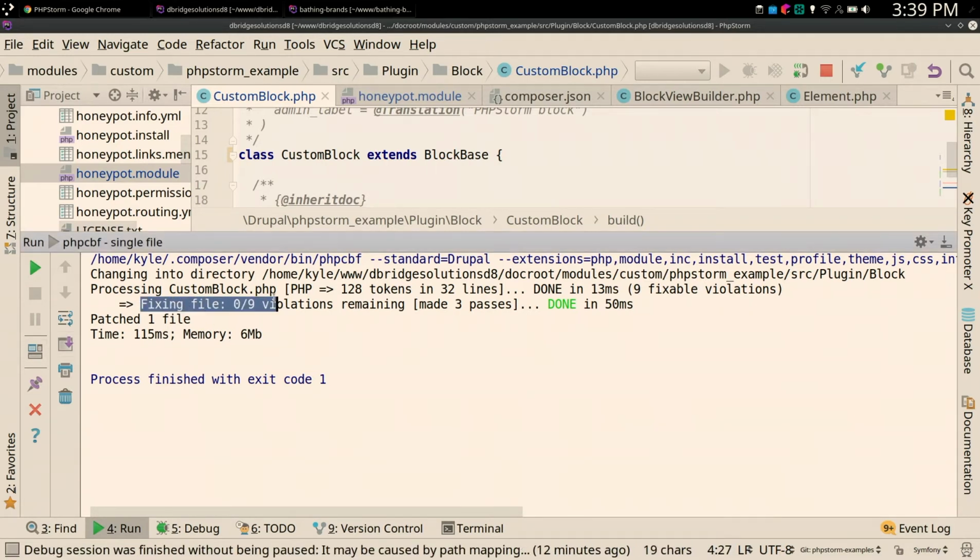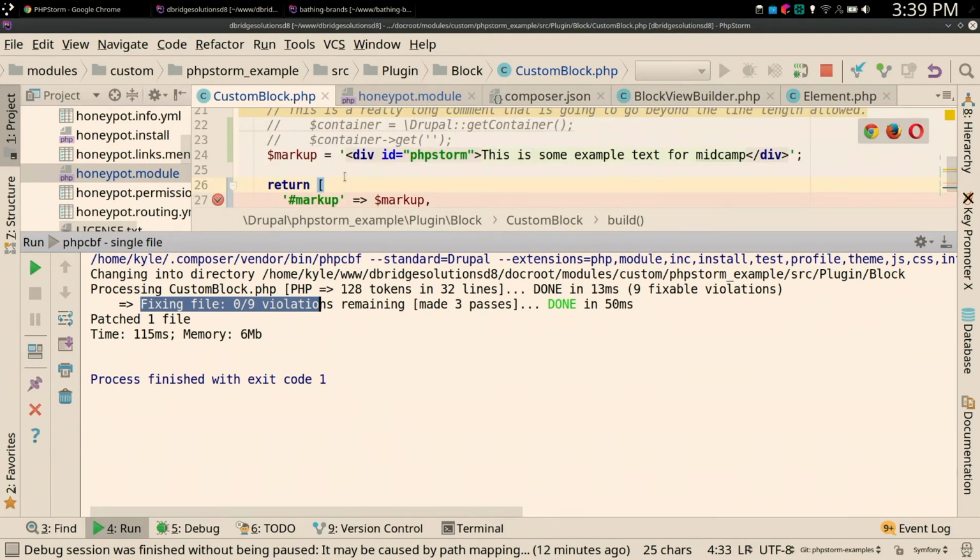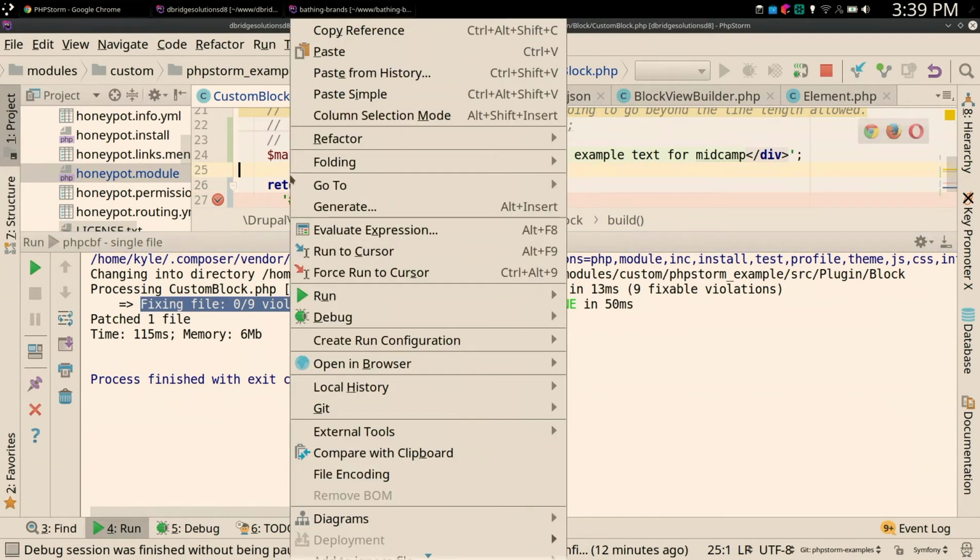So it wasn't that useful. You can see it said fixing file 0, so it was useful. It fixed 9 things. It didn't fix all of them. But if we run it again,